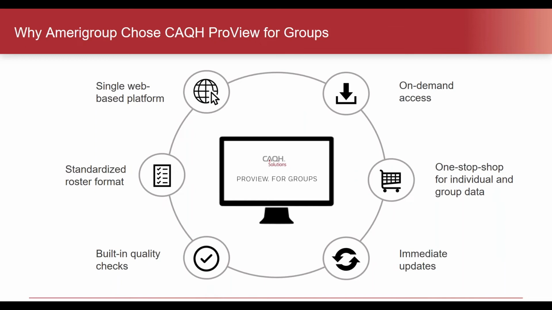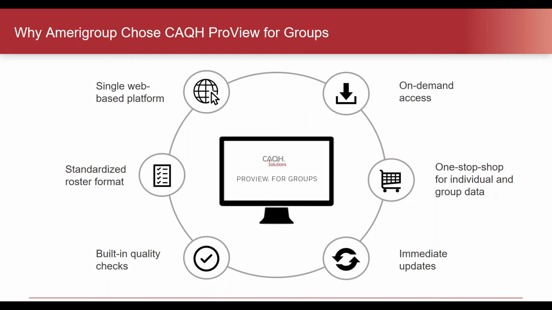We can access the data anytime we want to. We could access a full file today, and then come Monday we can go back and access another one. So it's there at all times. We can go and retrieve data whenever we want to retrieve it. We get notifications when the change files are available. So once the change files are available, we can go and log in at that time, or wait a week and grab the data.